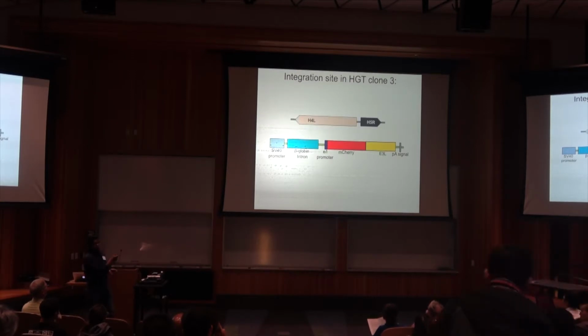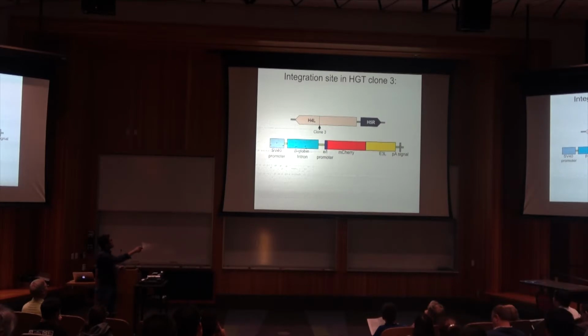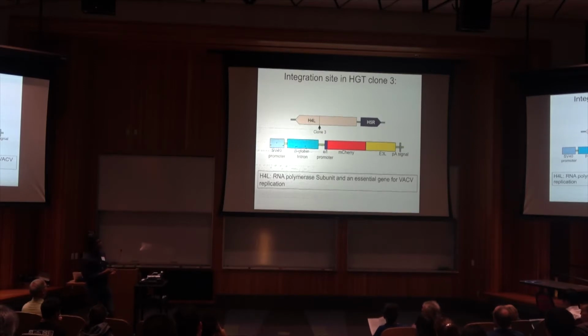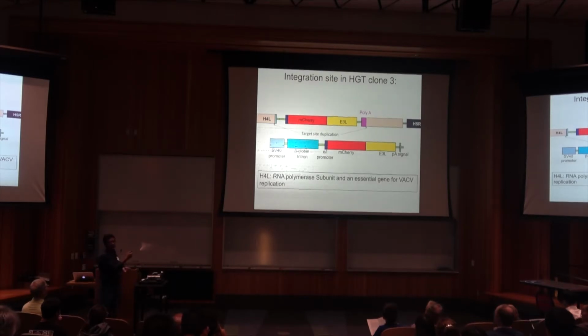And in my clone 3 here, however, the mCherry E3L was integrated into the H4L, which is an RNA polymerase subunit and an essential gene. And this is also consistent with RNA-mediated gene transfer and retrotransposon activity. However, we were surprised by how this clone 3 can even replicate if the mCherry E3L is integrated into